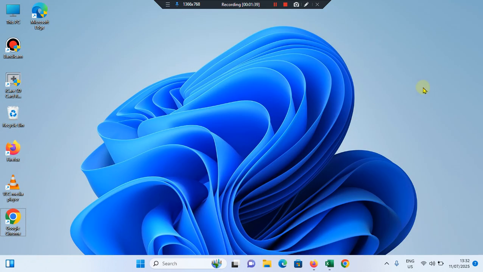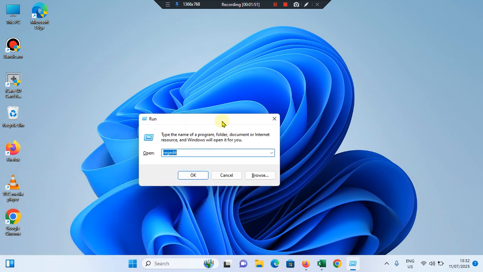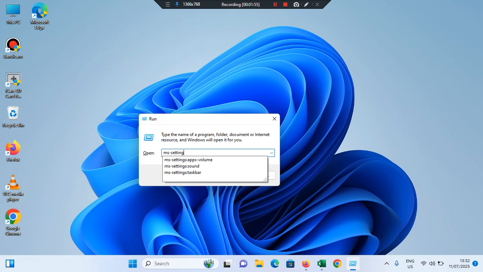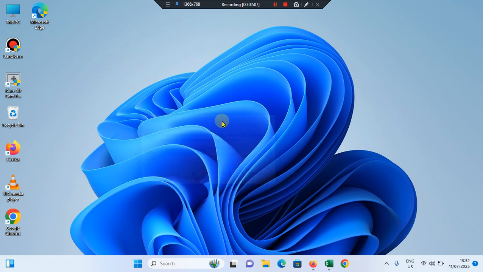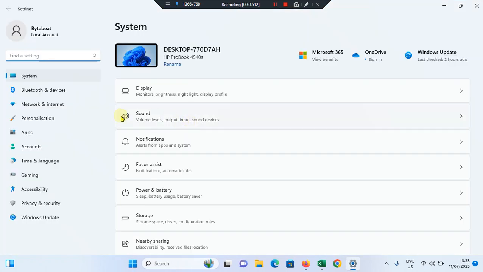The next method is you have to set the default browser for HTTP and HTTPS protocols. To do that, again you need to press Windows and R. It will open the Run menu. Now you need to type ms-settings:defaultapps and hit enter. Other than that, you can go to the Start menu, go to Settings, and in the left side menu go to